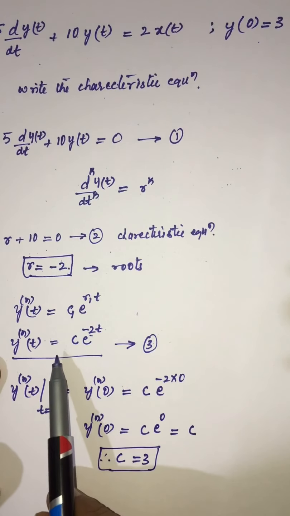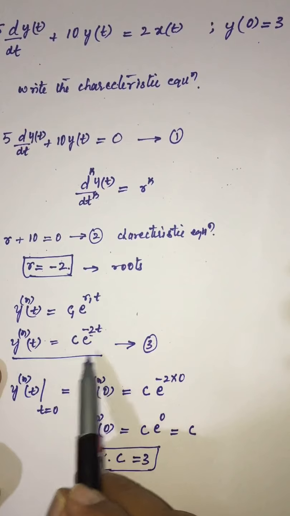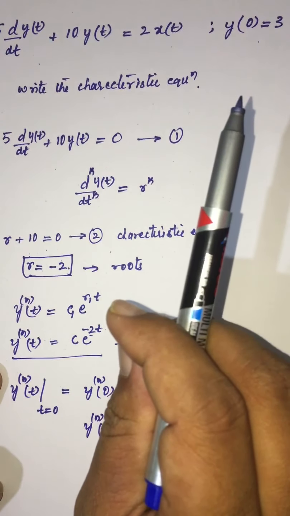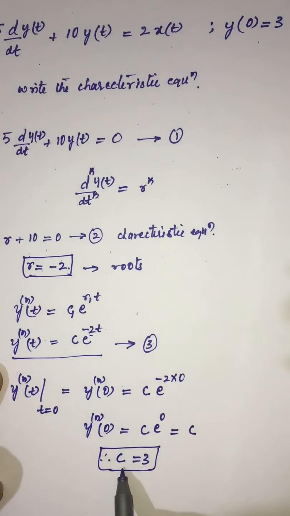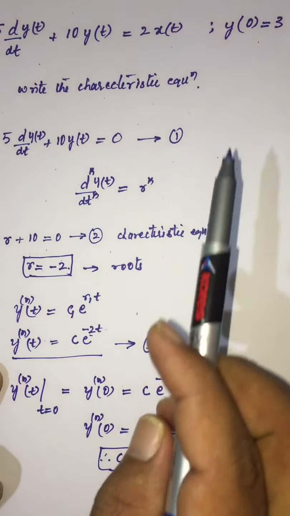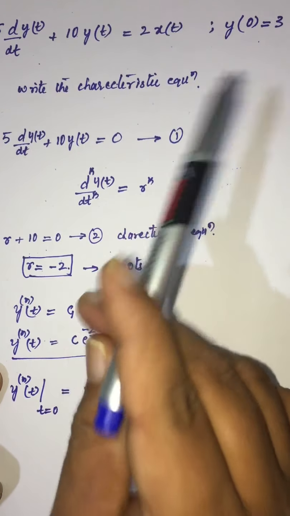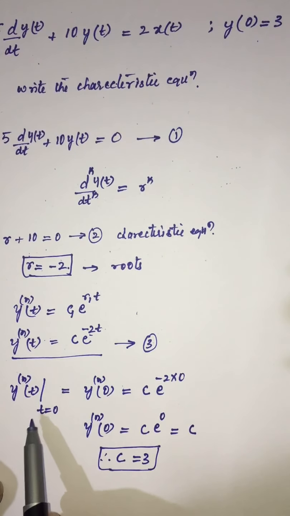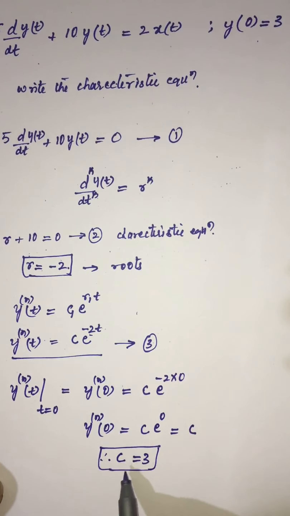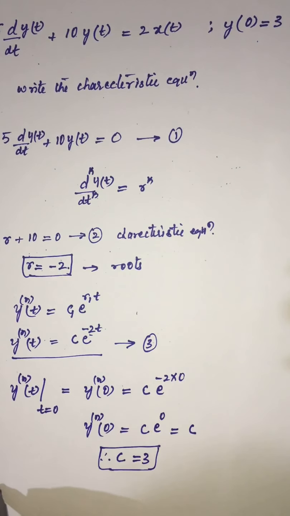To the general expression of the natural response equation, we need to substitute the initial condition in order to get the constant values. If there are two constant values here, obviously two initial conditions would have been given. Upon substituting those two initial conditions, we could find the values of c. Then upon obtaining these results, we need to substitute into this general equation, equation 3.